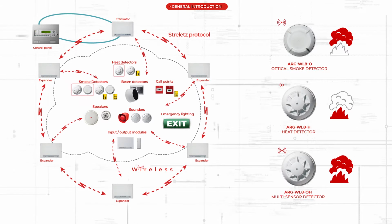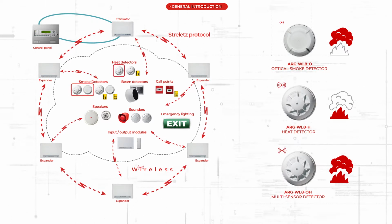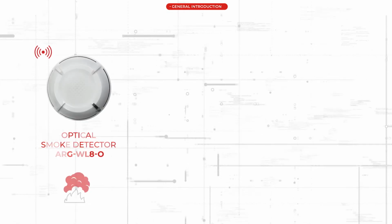ARG-WL8 series detectors are the most widely used devices in Streletz-PRO system. Standards and codes require detectors to be installed in most areas of a building. Types of detectors: